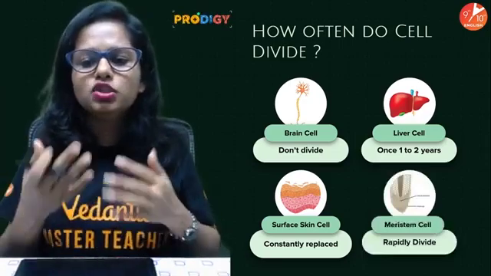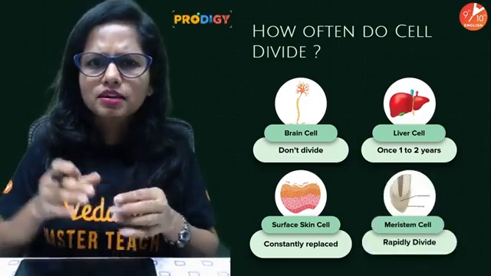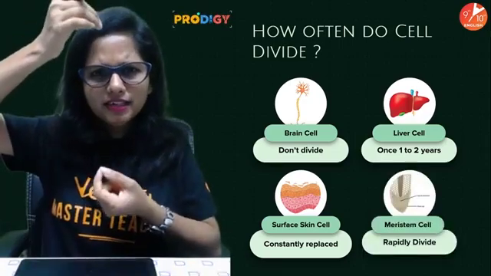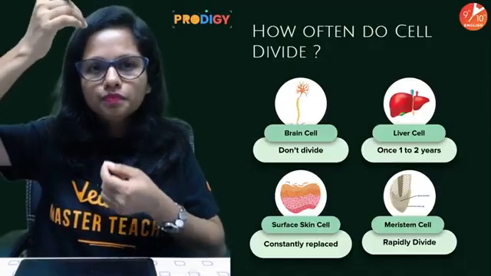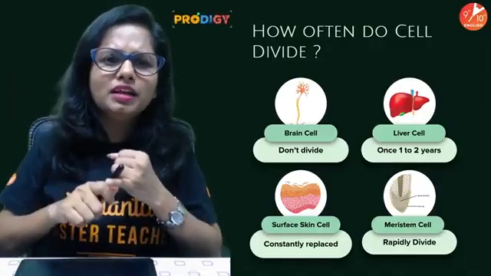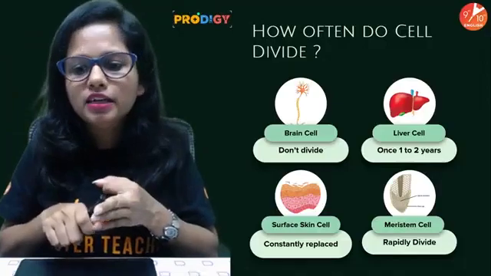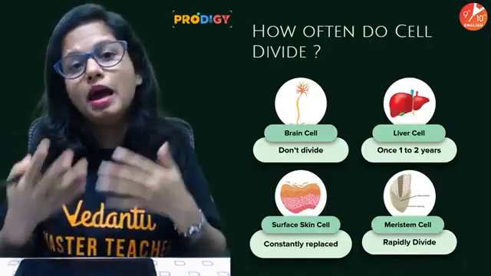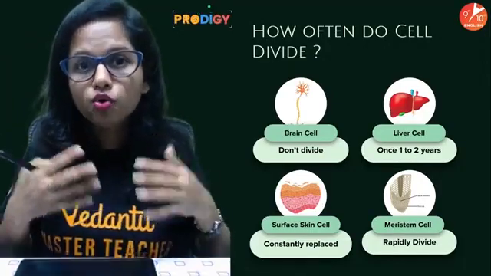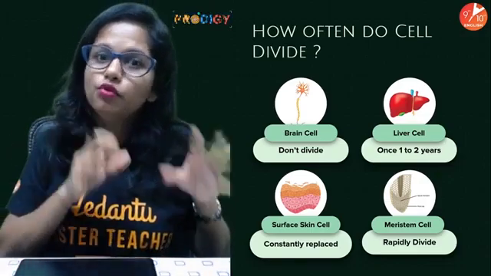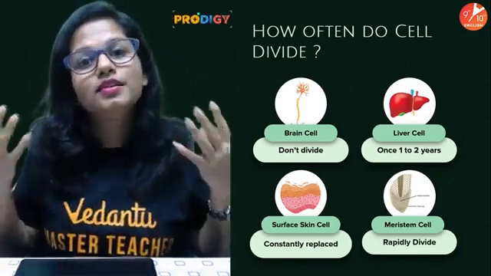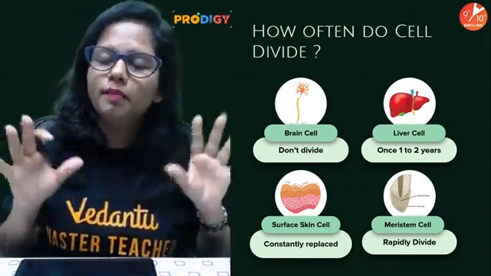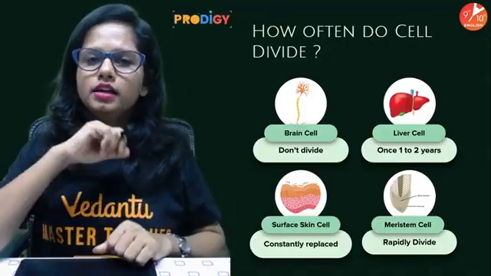And then the meristematic cells, like in plants, the meristematic tissue is present at the tips. So, whether it is apical meristem, lateral meristem or intercalary meristem, they keep on dividing rapidly so that the growth of the plant is attained. Not fulfilled, the growth of the plant is attained. Right? Now people,